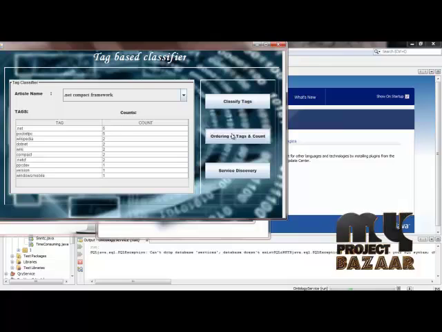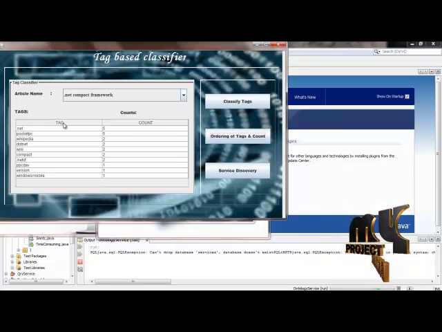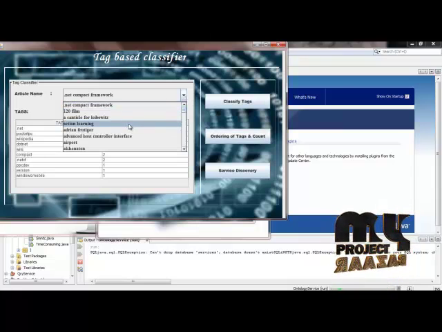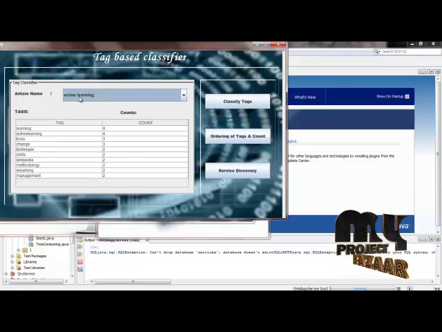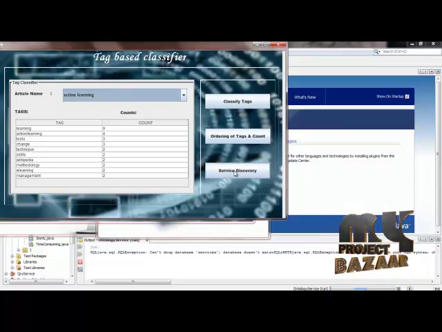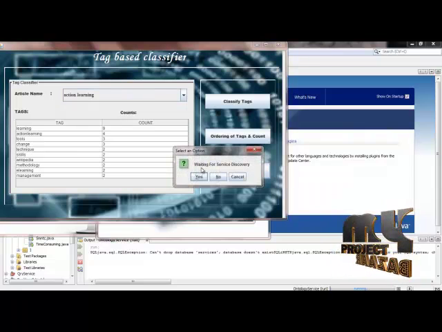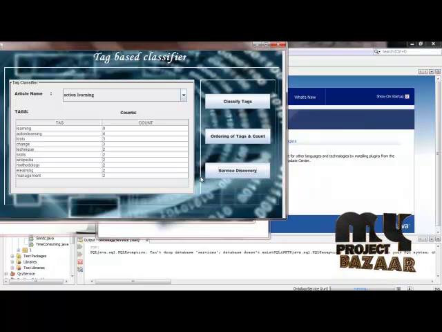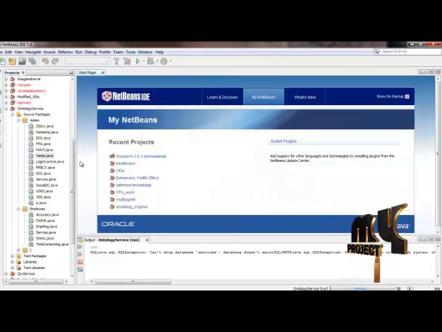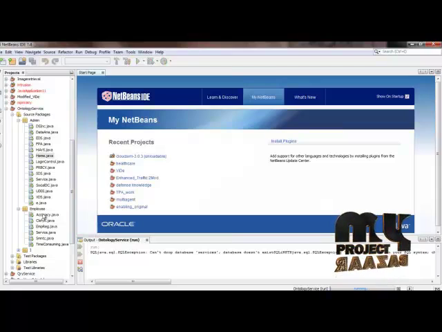After this classification, I will just display each article's name, its relevant tags and its ordering counts. After this, the web service is ready for service discovery. So it shows us a pop-up message of waiting for service discovery. Once I click OK, I will now log in as an